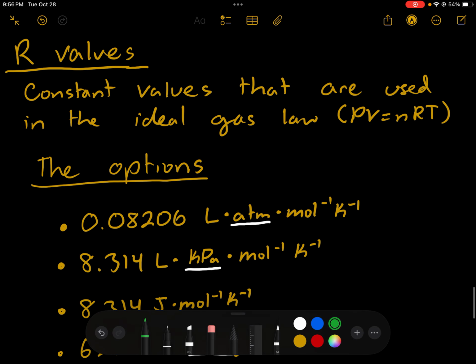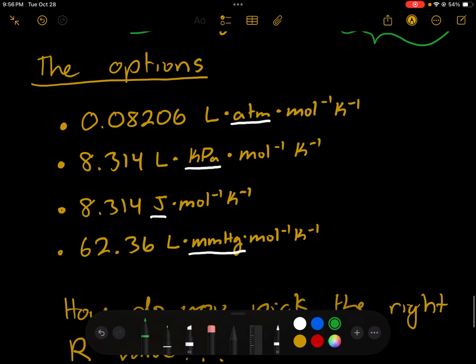Last thing isn't really a property, but it is something you need to be aware of, and those are the R values. R values are constant values that scientists came up with a long time ago, and they are used most often in conjunction with the ideal gas law, which you'll learn about in the next video, which is PV equals nRT, and you can see that R constant value straight in there. There's a lot of options for R values, and these four are the ones you'll see the most in this class. We have 0.08206, which is one option. We have 8.314, and you're seeing that number pop up twice. And then we have